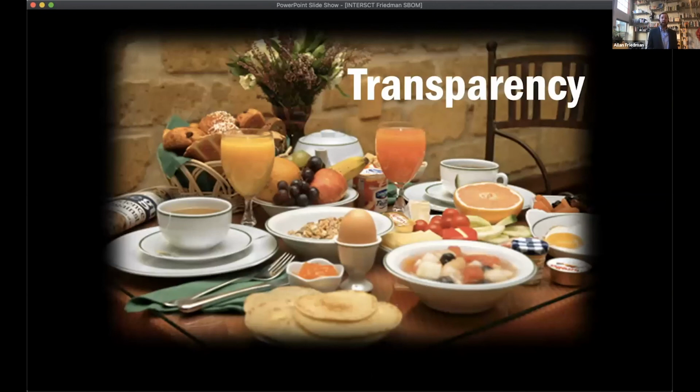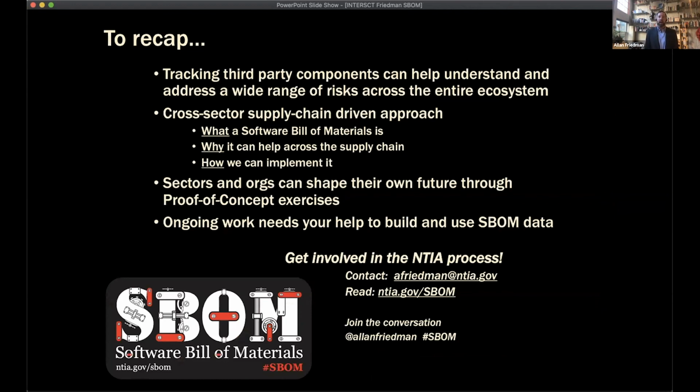To sum up, transparency is, to use an American marketing term, part of a complete security breakfast. We know that we need to do a lot to secure IoT, I'm arguing that SBOM is going to be critical to build on what we need. So there's been a lot of great work that's happened internationally. We've got a global community. We'd love for you to join.